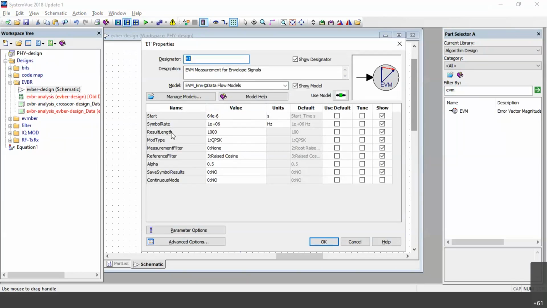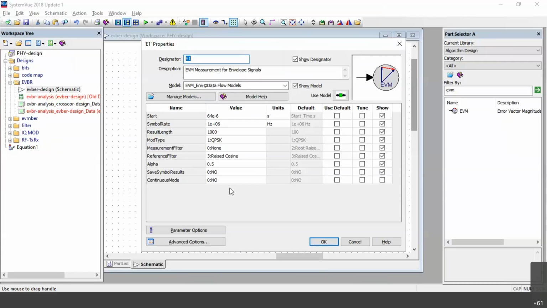What I mentioned here: start time, symbol rate, result length, modulation type, filter, reference filter. Please modify these. I'll give some time. Start time is 64 to the power minus 6. Symbol rate is 1 to the power 6.